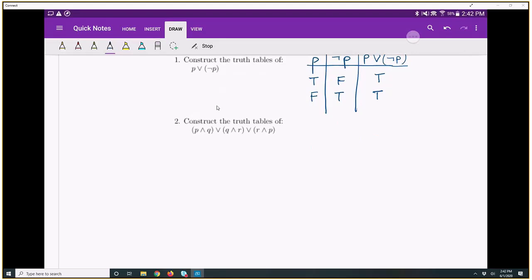Next, we're asked to construct the truth table of P and Q, or Q and R, or R and P. And it's clear because of the way the parentheses are that we want to first do P and Q, as well as Q and R, as well as R and P, and then finally connect them all with ORs. Since I have three separate propositions, P, Q, and R, I'm going to need 8 rows in my table. So I'm going to make a column for P, a column for Q, a column for R,